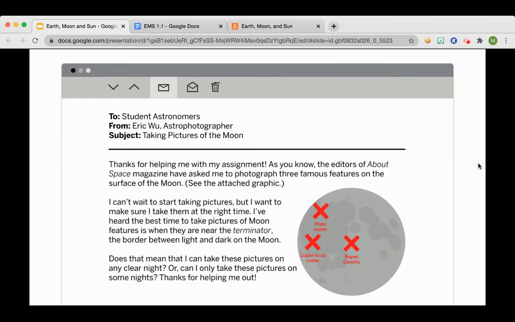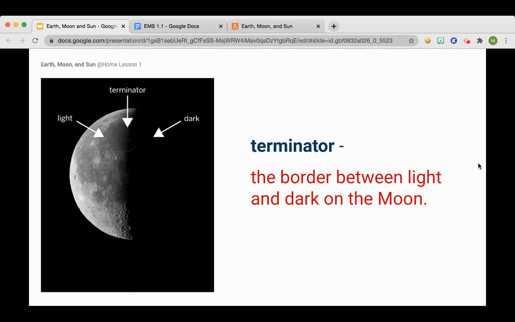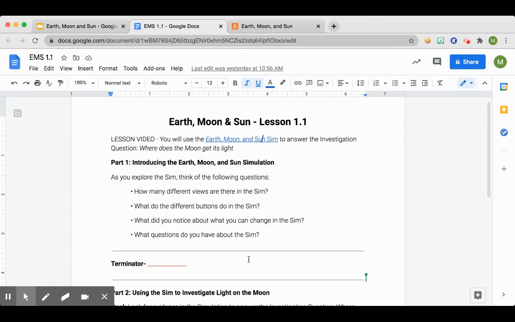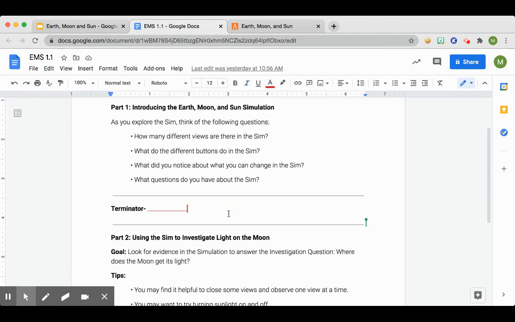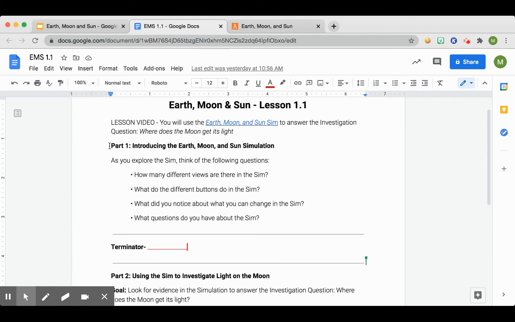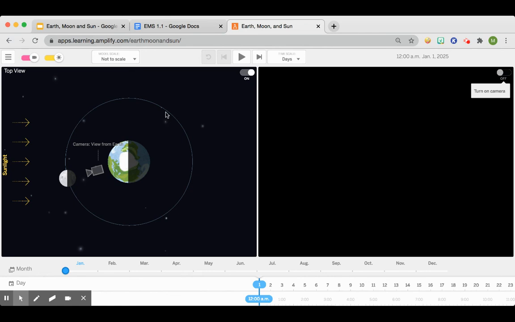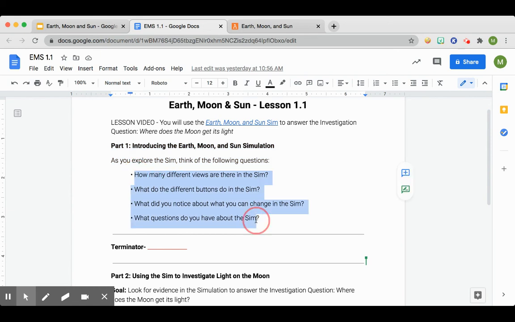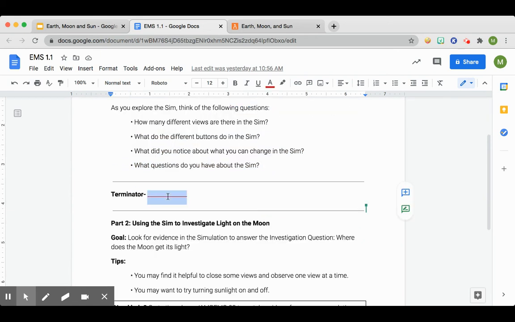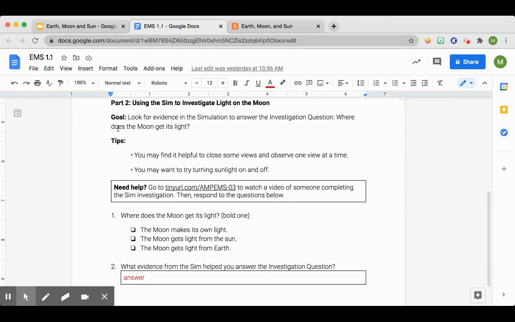Okay, so take a second, pause, and read this over. So like we saw in the video, the Terminator is the border between light and dark on the moon. So I'm going to have you pause right now and fill in that definition. And you are also going to do part 1 up here. So really in part 1, you are just opening up the simulation, and just like when we start a new simulation, seeing its features, playing around with it, seeing what it can do. You can use these guiding questions to help you fill in the definition of the Terminator,